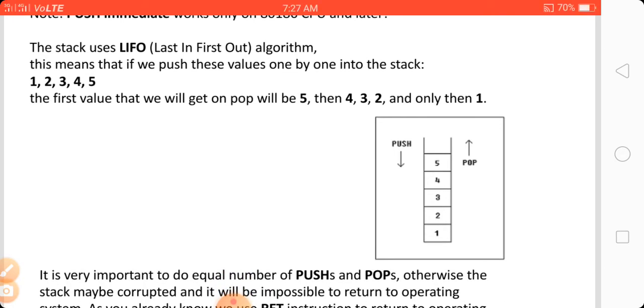Here the figure shows you how the stack operation is performed. You can see here, at the topmost position is the last element inserted, 5. So we can firstly read the last element.